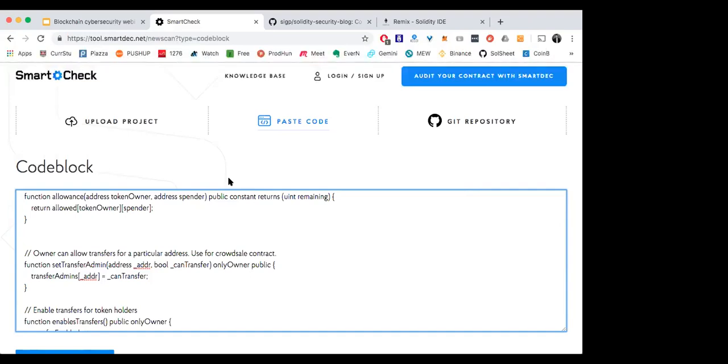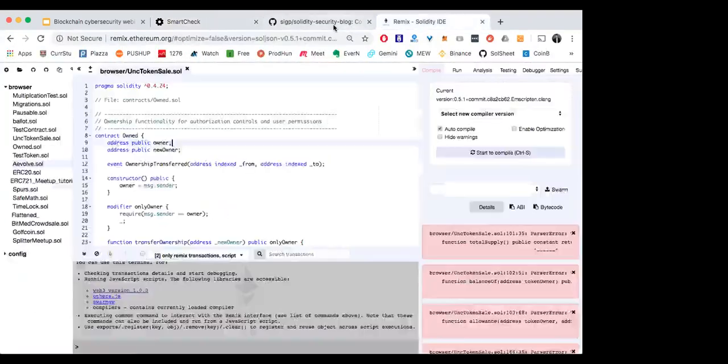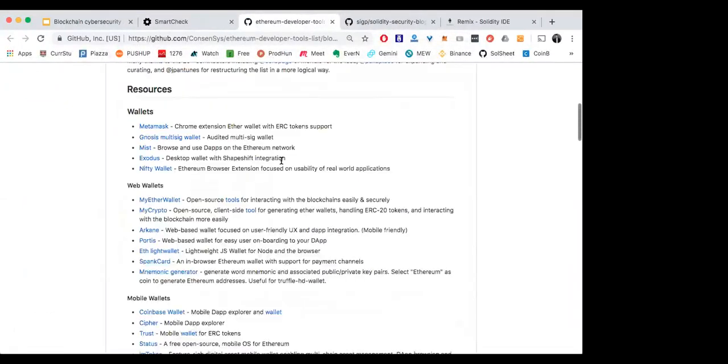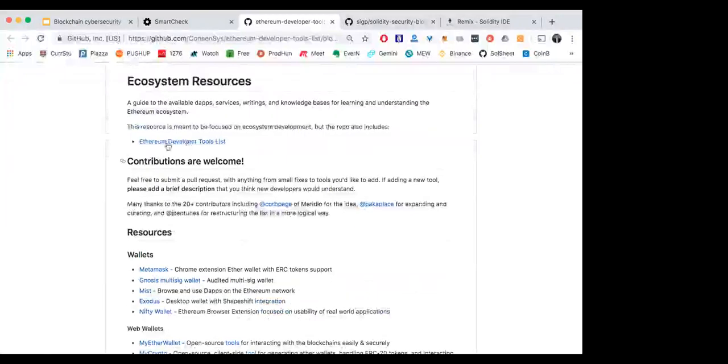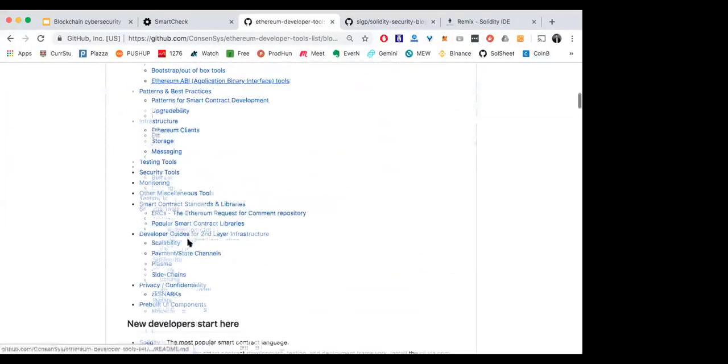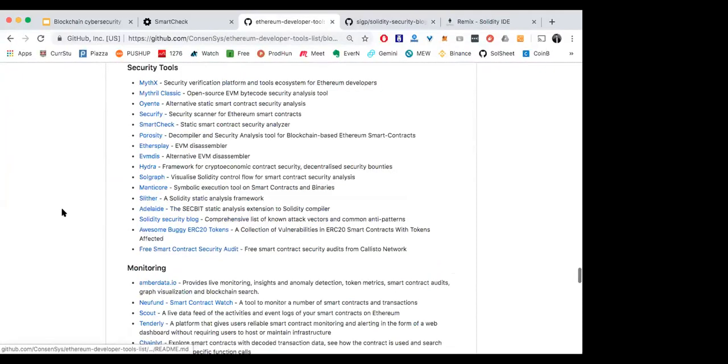Usually when you're done developing, the first thing you'll do is run it through a bunch of security tools. Consensus, the company behind Ethereum, has a bunch of different security tools that I've used in the past, and a ton are being made and improved today. They're mostly static analysis.